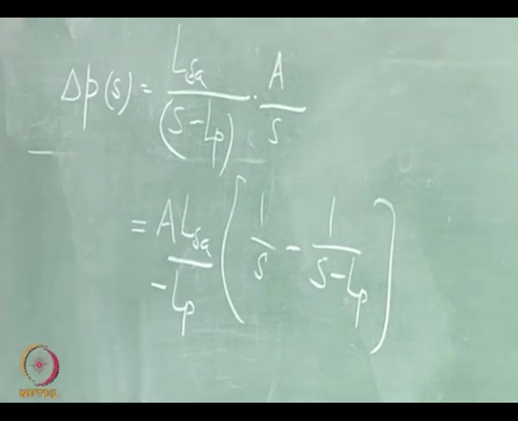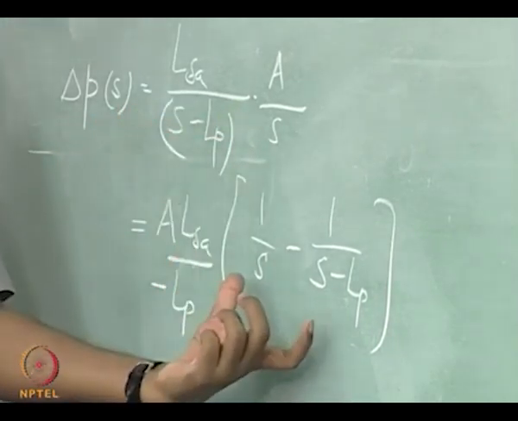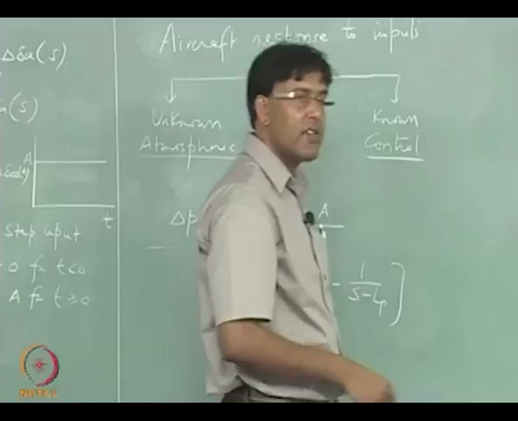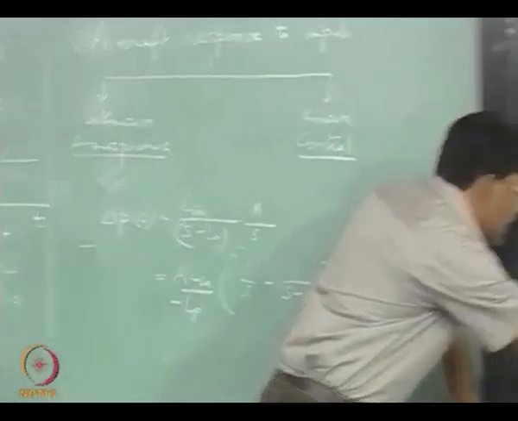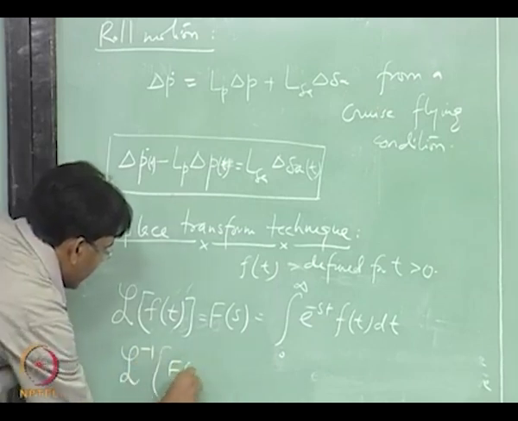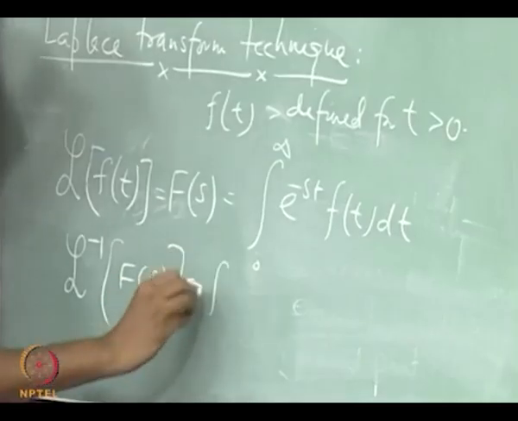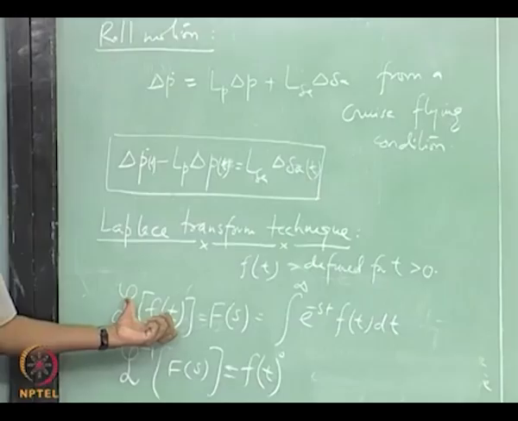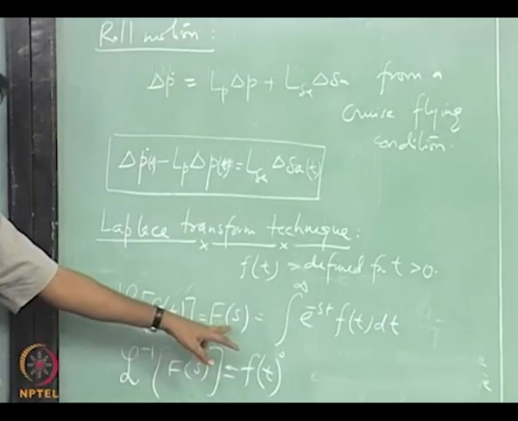So you can use the partial fraction method and split this into two parts, and now what you do is you take an inverse Laplace, right. So inverse Laplace of this returns you the original signal, right. So first of all what we did, we took a Laplace of the signal, we found this function F